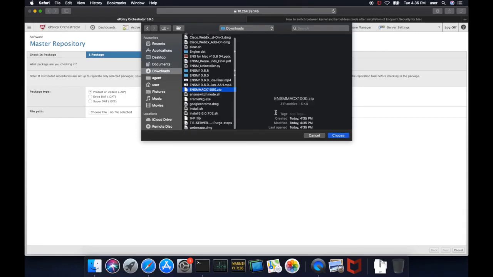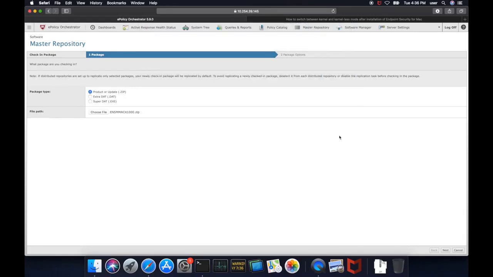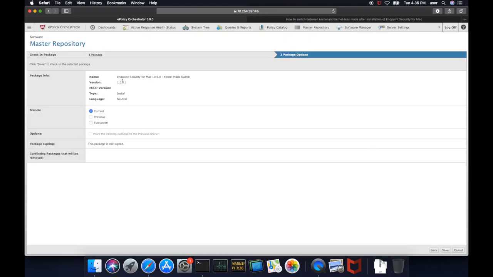After selecting the ENSMACX1000.zip file, we can see the product name being displayed as Endpoint Security for Mac 10.6.0 kernel mode switch version 1001. Check in and save this package.